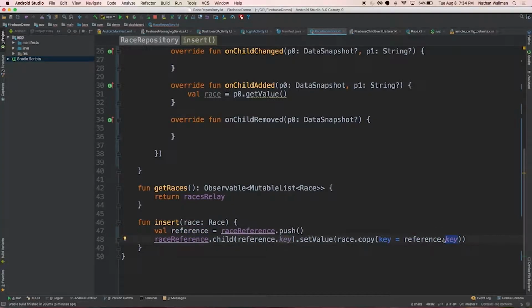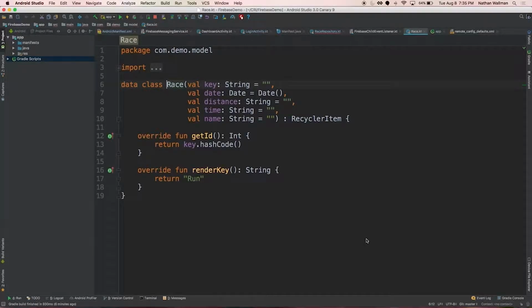If you want to store the primary key on the race, that's effectively what I'm doing here. I'm doing a push to create the element on Firebase so I can get a reference to its key, and I can update the race object itself. That way I know which key each race has. Then I'm going to do this .child by key, so I'm saying I want to update the child at this key and set the value to the race, or I'm actually passing in the race itself. Again, there's a lot of Kotlin there, so if you're not familiar with that, I apologize.